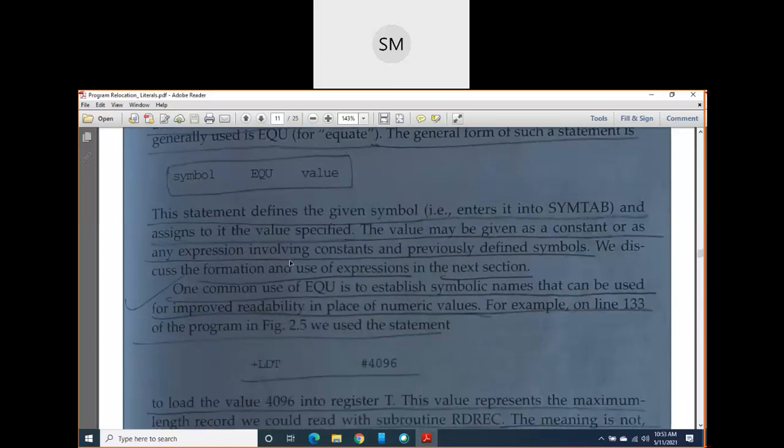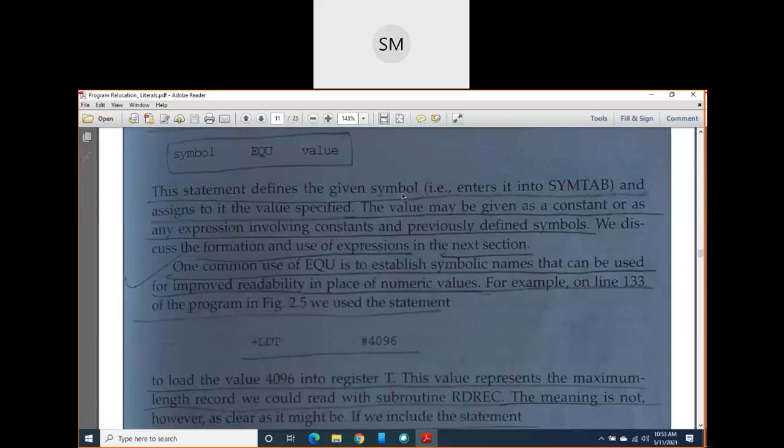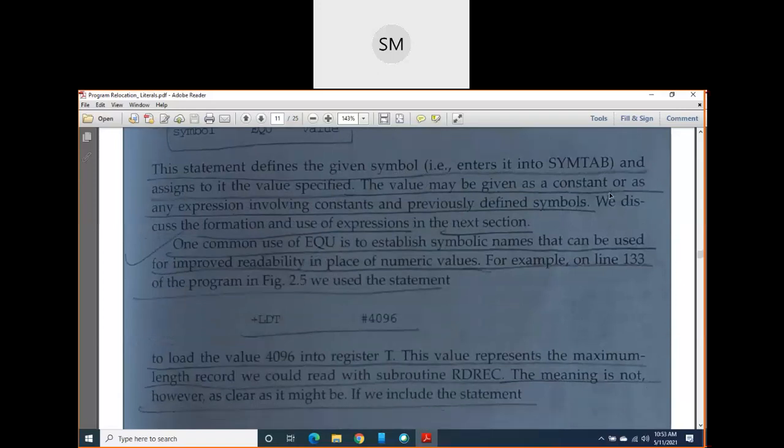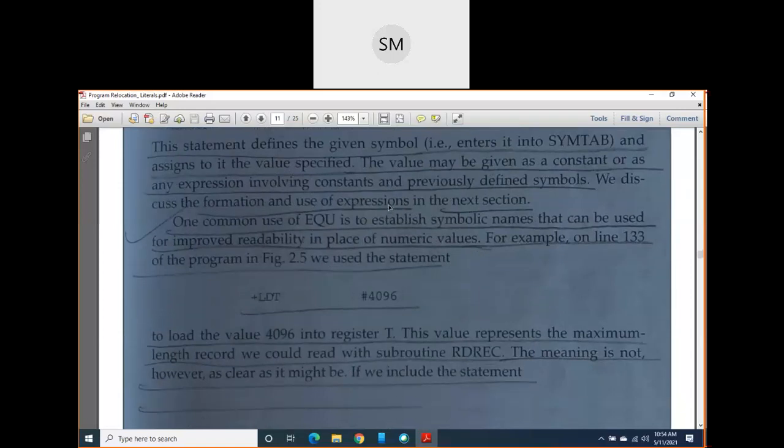Here the statement defines the given symbol. Defining the symbol, as I just told you, means entering that symbol into the SYMTAB and also assigning a value to it.